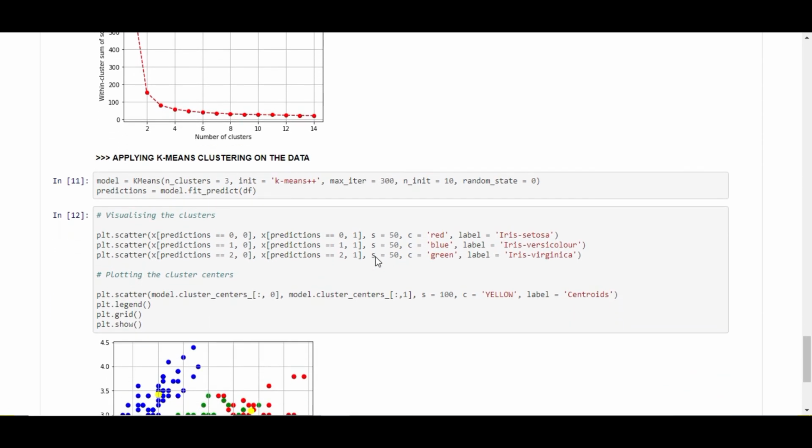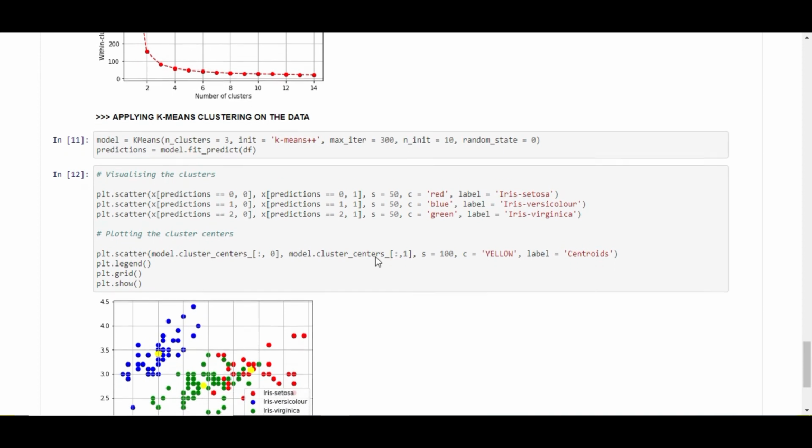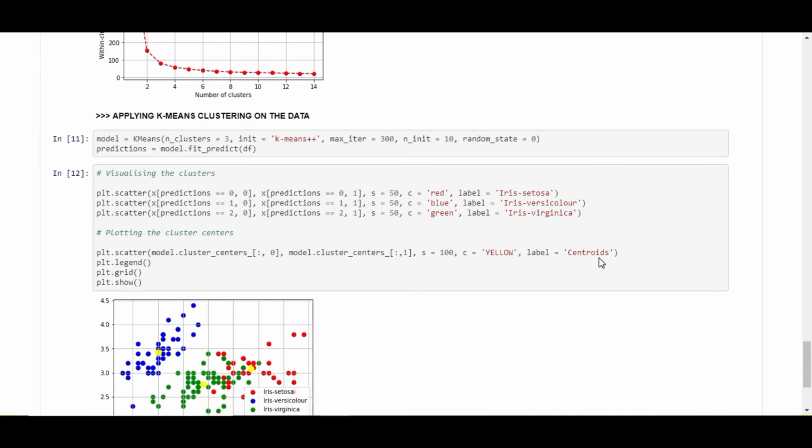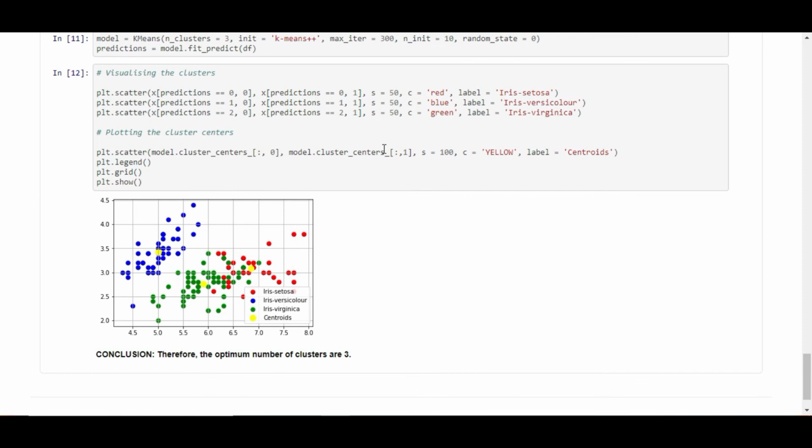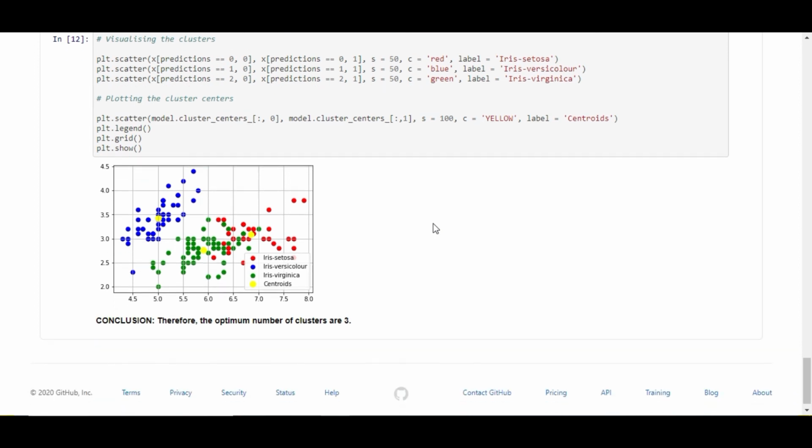Lastly, we are going to apply the k-means clustering on the data. Here I have used the k-means function directly and fitted the model. Next I have used the scatter plot to plot the cluster centers.